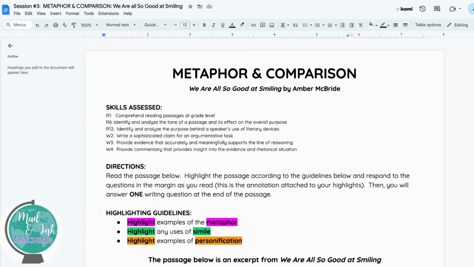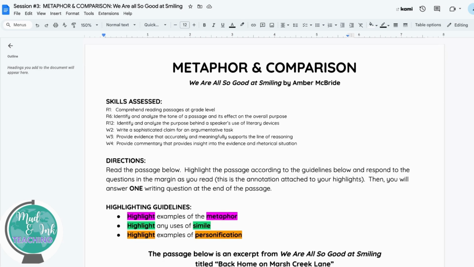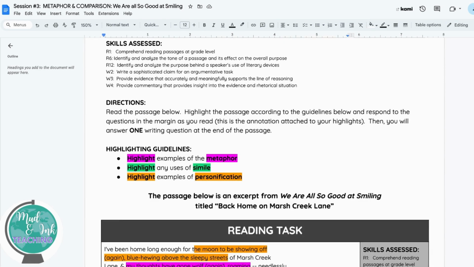So, metaphor and comparison are going to be the focus of this passage. And what I'd really like to do for this training is start with our question and do a complete read through. Because this is a novel in verse, we're basically close reading a poem. And this poem is going to use our favorite comparisons, right? Metaphor and simile. And I also listed personification as one of the comparisons because personification is a very close cousin